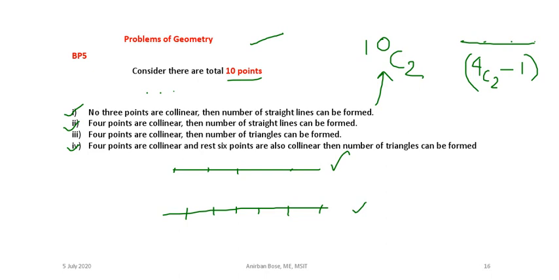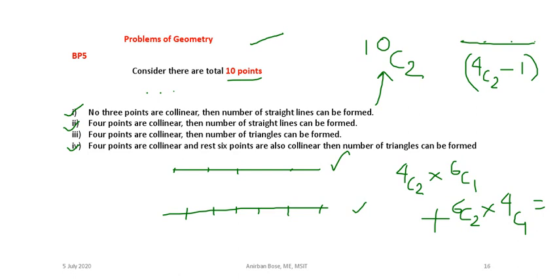So this problem can be done in this way, that you can choose 2 points from this straight line and 1 point from the other straight line. So how many ways can you do that? There are 4 points and out of them you can choose any 2, so 4C2, and you can choose 1 point from the other line, that means out of 6 points you choose 1. Or you can choose 2 points from here, that means 6C2, and 1 point from these 4, so 4C1. So this will give you the answer, this plus this.